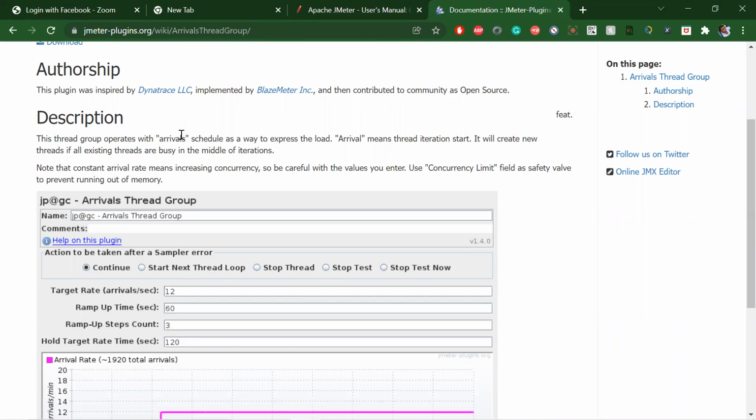It says after arrival schedules, arrival means thread iteration start. You can see they mentioned the same.